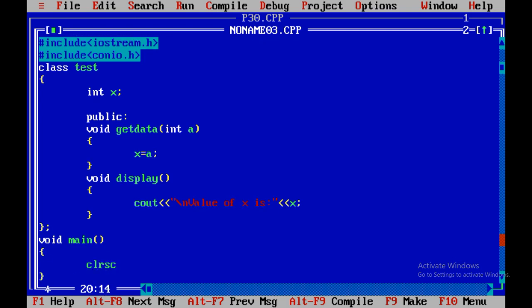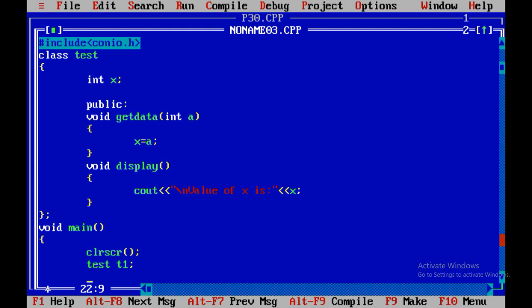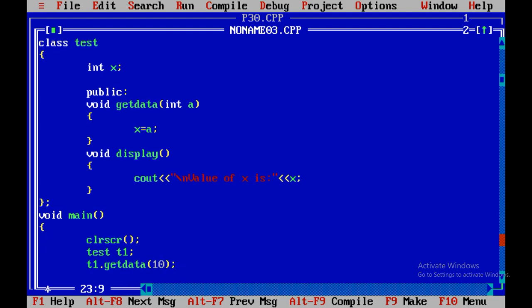Two functions we are going to write, clrscr and getch. Let us create the object of the test class called t1. Now we are going to call the method of the test class, getdata, and we need to pass an integer value inside the function, because here we have declared getdata with the integer data type. Now t1.display.